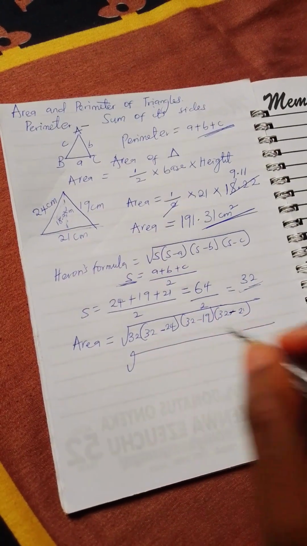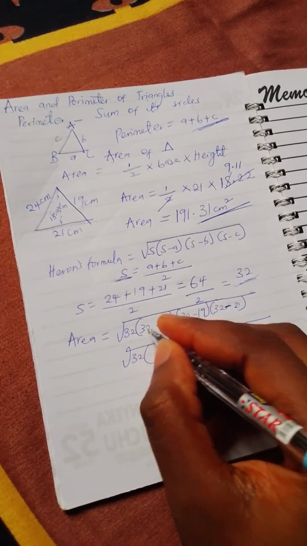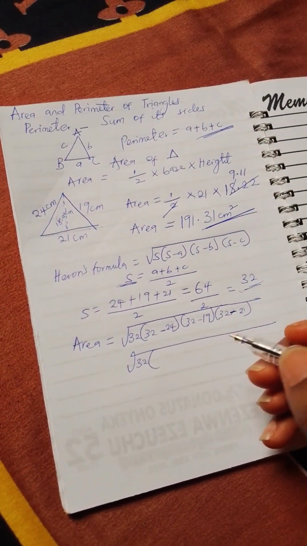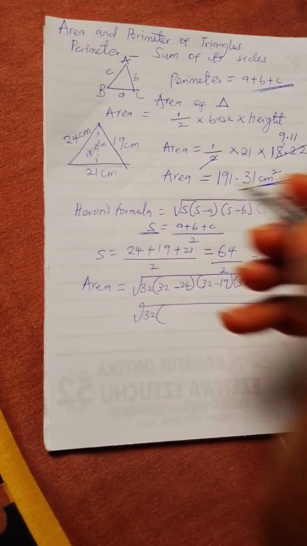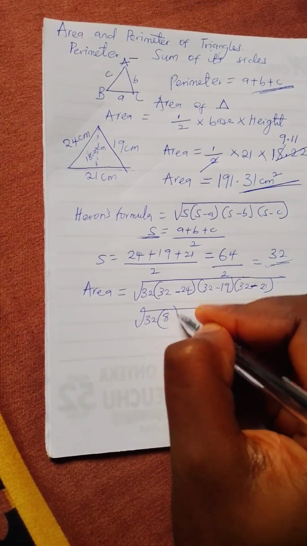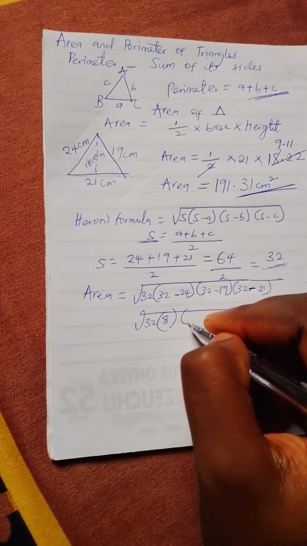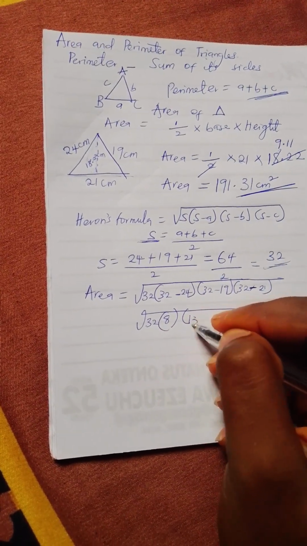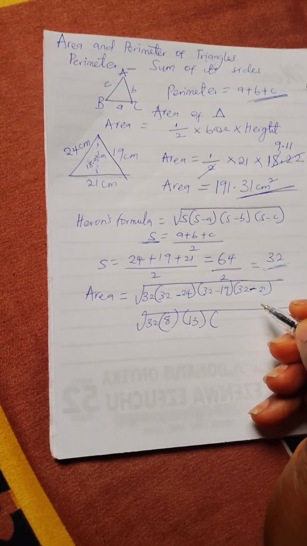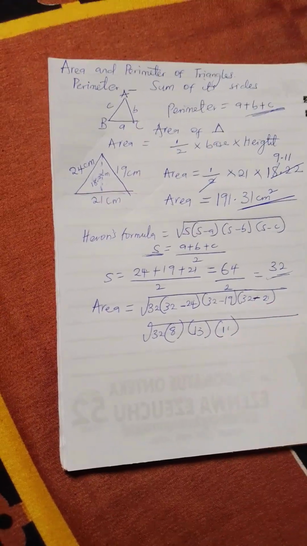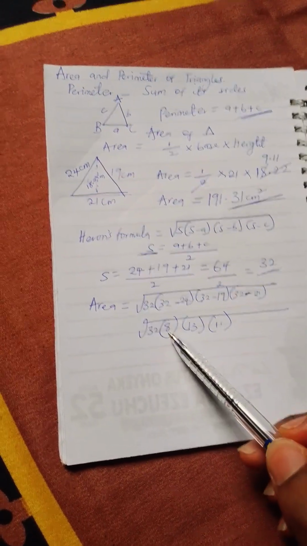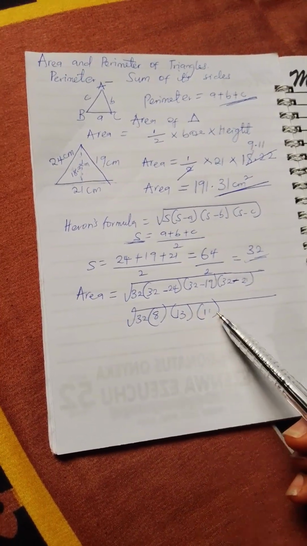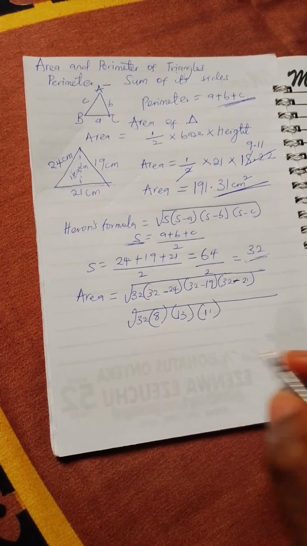I'm going to be solving those in brackets first. 32 minus 24 should be 8. Then 32 minus 19 should be 13. 32 minus 21 should be 11 as well. Now we multiply everything. 32 times 8 times 13 times 11. And I should be getting